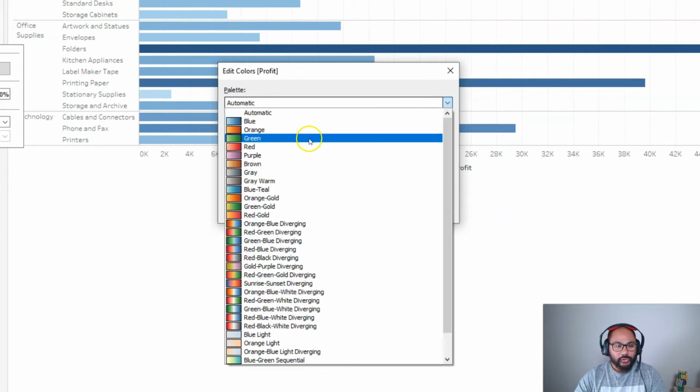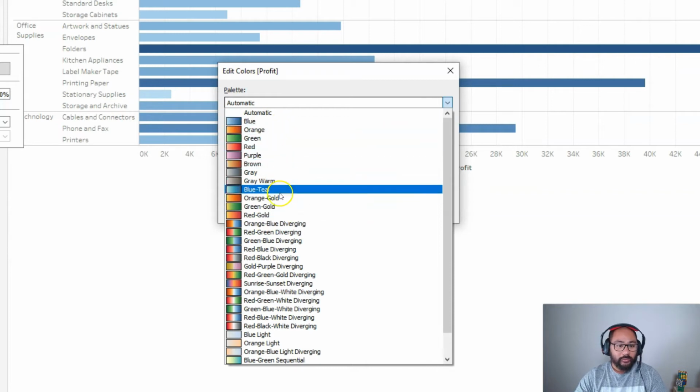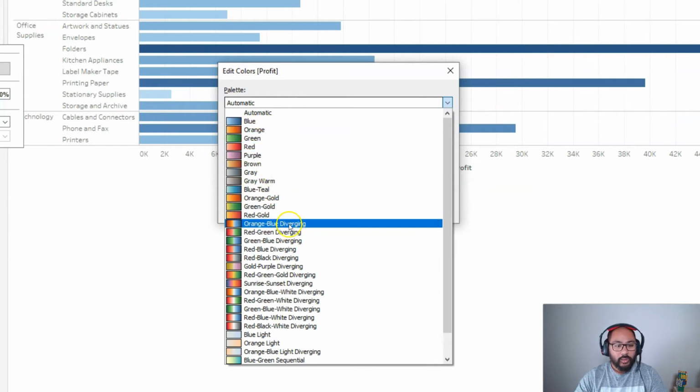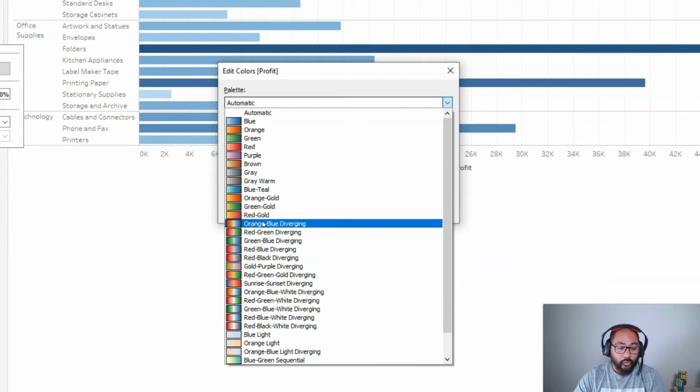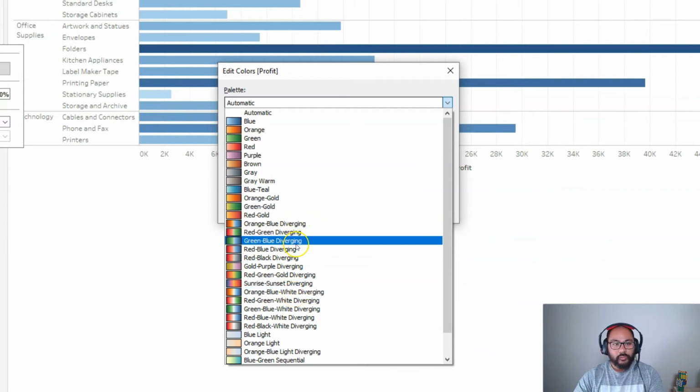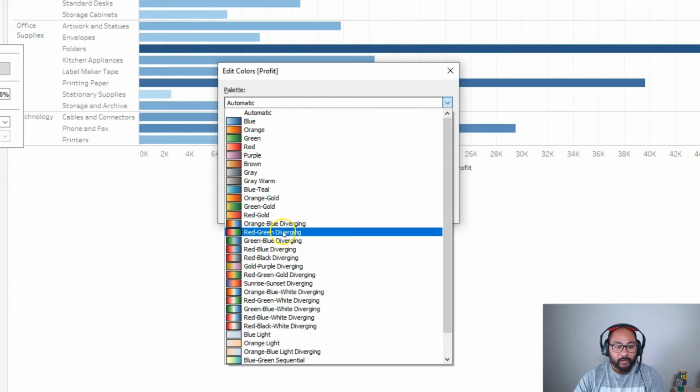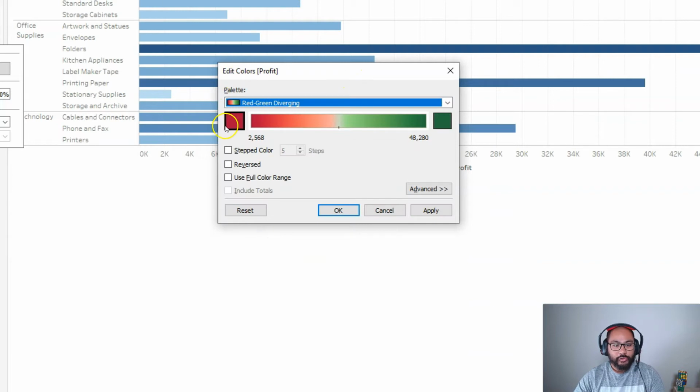From here we can choose either a single color, or we can pick one that's a scale of colors, so two or more colors. For this one, because we're talking about money, maybe red and green is a good one. Very simple. So I go red and green diverging. That will choose my two colors for me. And if I hit apply,